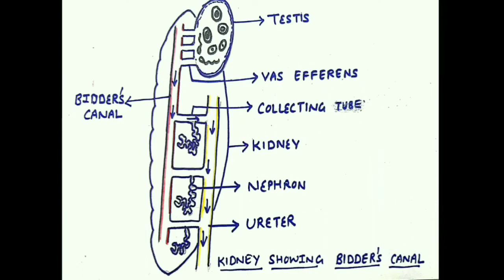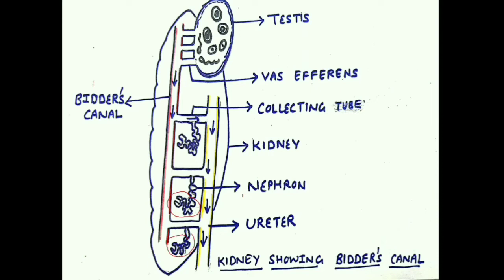Just see one more diagram. In this diagram you will see the internal structure of the kidney, and let me tell you, it is the structure of the kidney particularly in the male frog. Here the kidney is associated with the reproductive organ, that is, the testis also. You can find over here I have labeled the nephron. These coiled structures in the diagram are all nephrons.